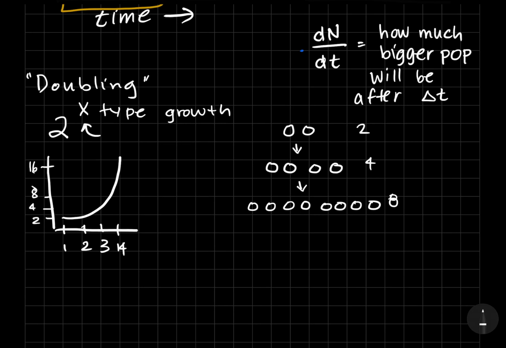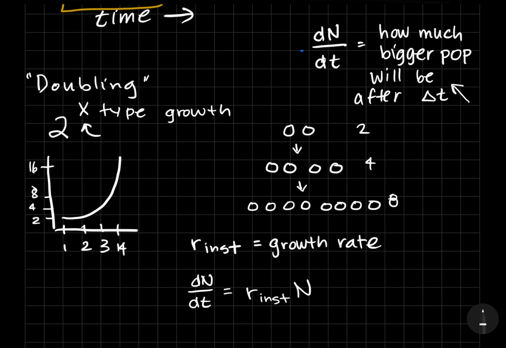And we're going to refer to this rate of change as r-inst. That is our rate of change. We call this our growth rate. And to find out how much you changed from one generation to the next, or how much you're changing over time, to solve this equation, we're going to multiply it by N. So we're going to say that dN, our change in overall population size over time, how much bigger our population will be after time t, our dN over dt, is going to equal our growth rate times